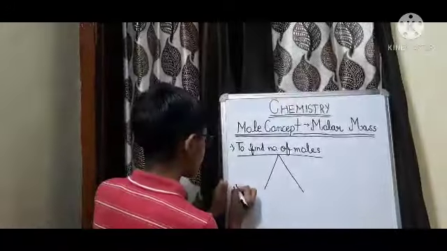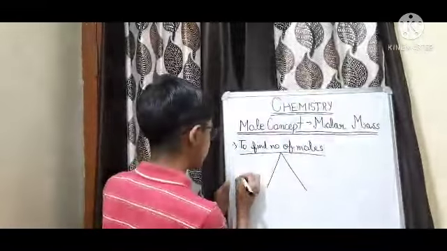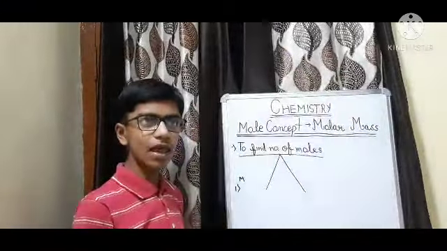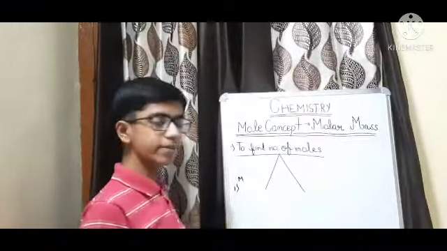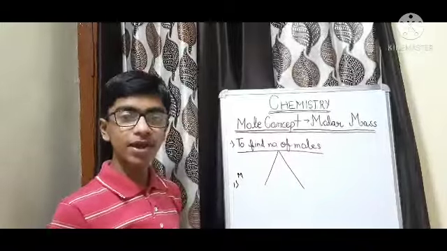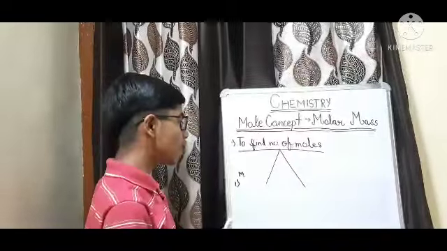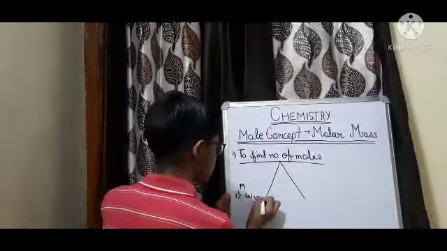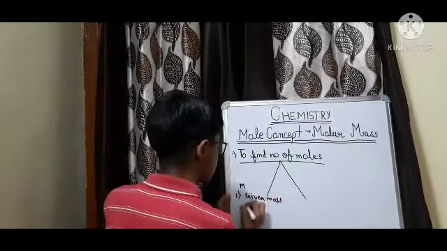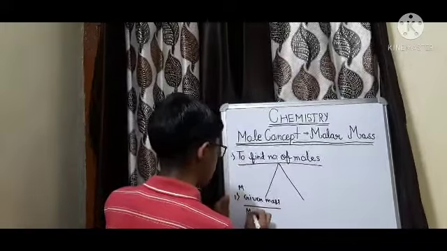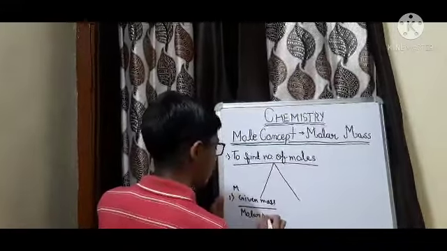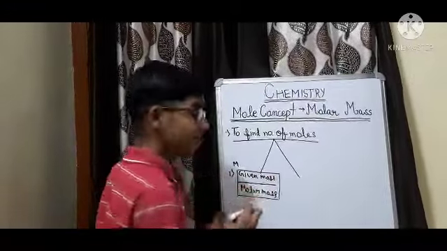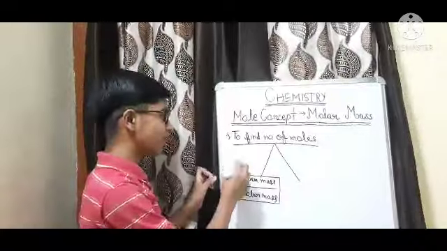For example, the mass is given. When mass is given to you, that this amount of mass is there of any substance, like S2 we have taken. So 32 grams of S2 are given. So what will be the number of moles in that? If mass is given, the formula will be given mass upon molar mass. Now you will know why I told you the concept of molar mass and molecular mass, because it will be used in finding the number of moles.